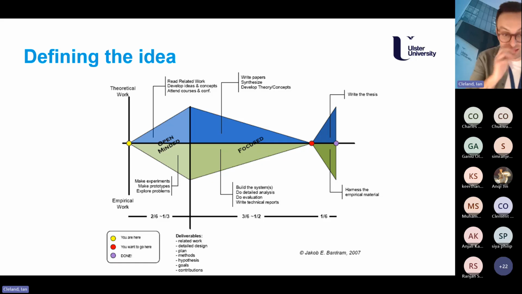And then once we have these aims and objectives, we can begin to do the actual focused work where we implement the solution and we evaluate the solution, working towards the answer to the question that we're hoping to propose. So what is the best deep learning architecture to do skin disease classification, for example. And then when we come out here, we want to have an answer to that.